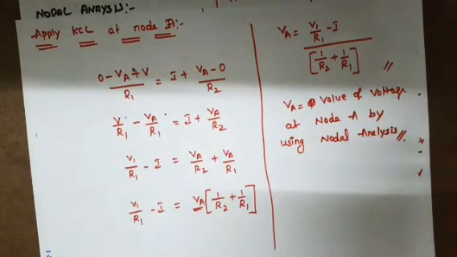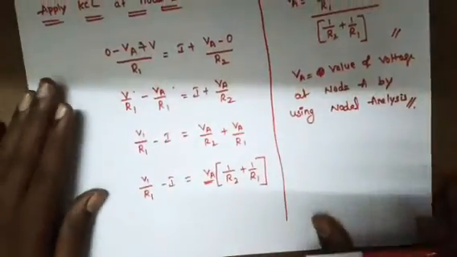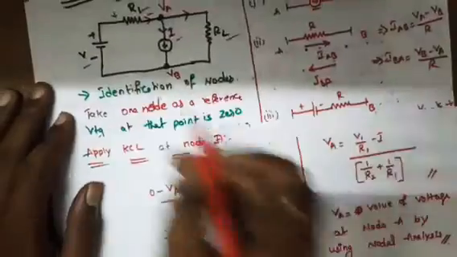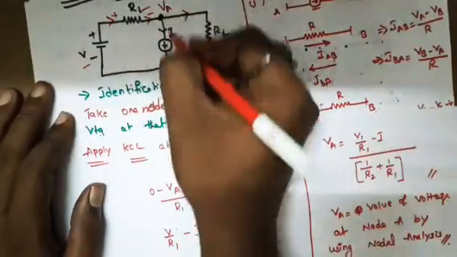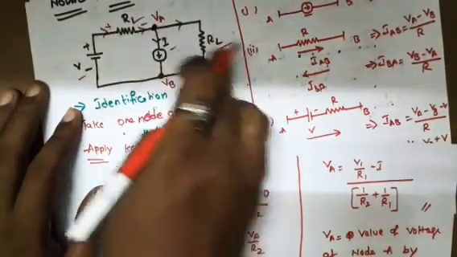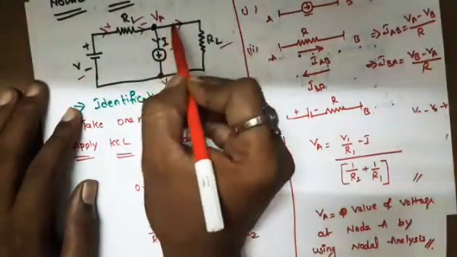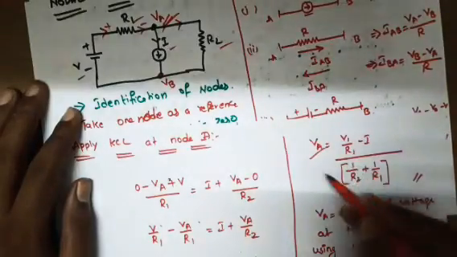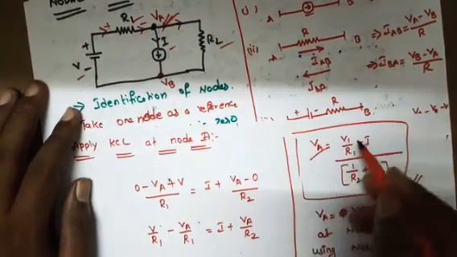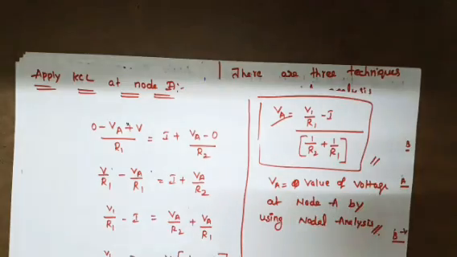So this is the derivation for nodal analysis. How can we find the current flowing through the circuit? I is the current flowing in this branch. The voltage V, R2, R1 are all known parameters, and the only unknown parameter is VA. So we can find the expression for VA: V1 by R1 minus I, divided by 1 by R1 plus 1 by R2. By this we can do the nodal analysis.